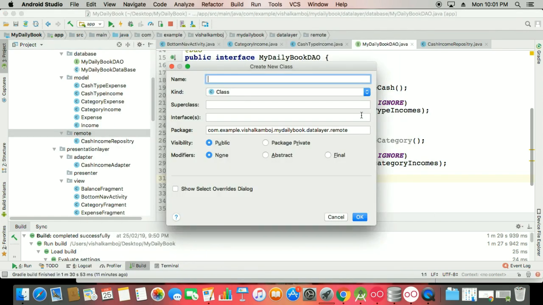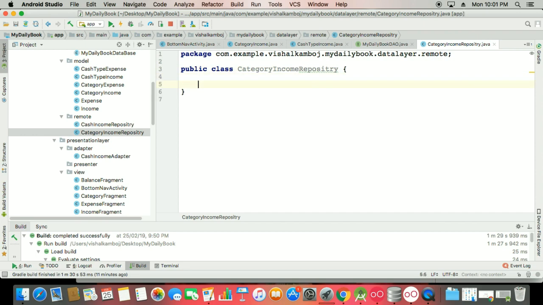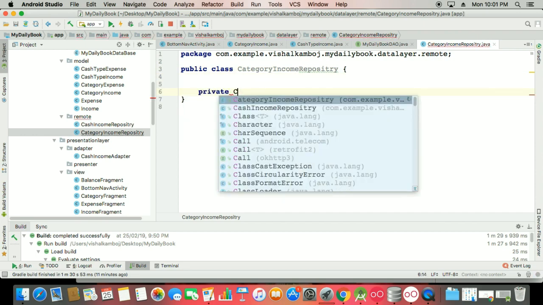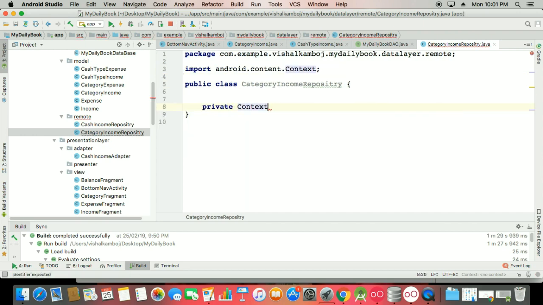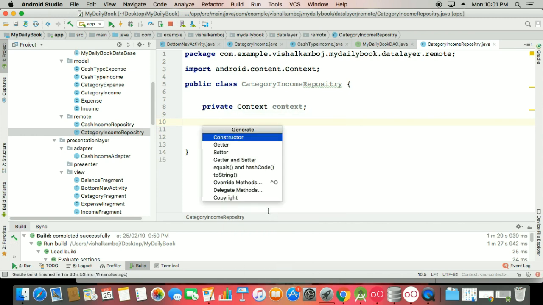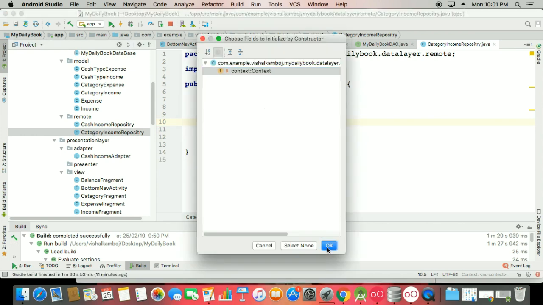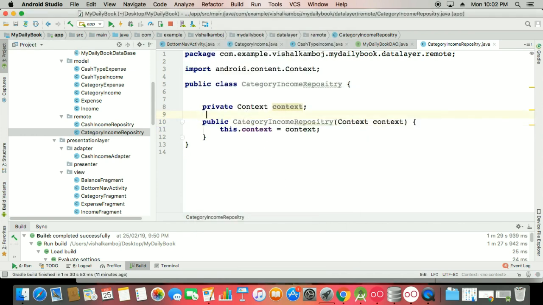That's the first case. So here I'm making a category income repository. This is your private context, and the context value will be here, and just generate the constructor with the context. And here we have to get the values or insert the values. So what do we do for that,